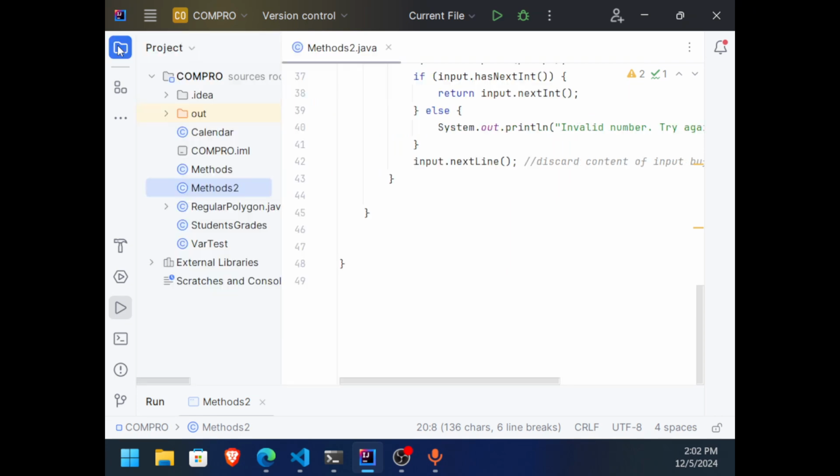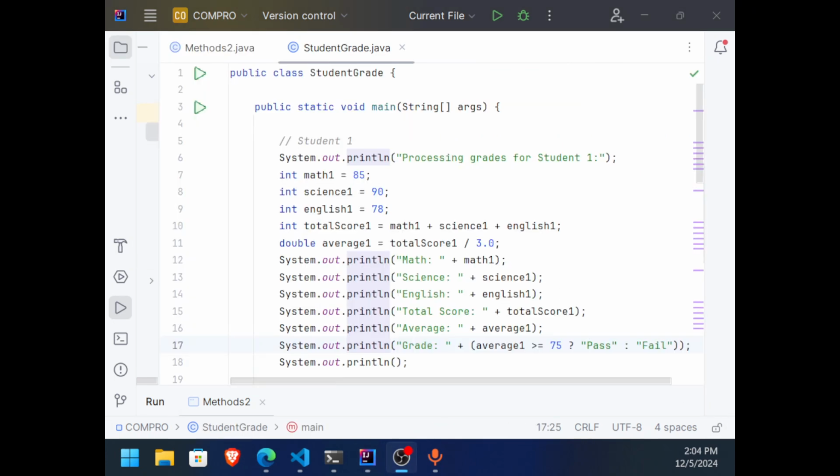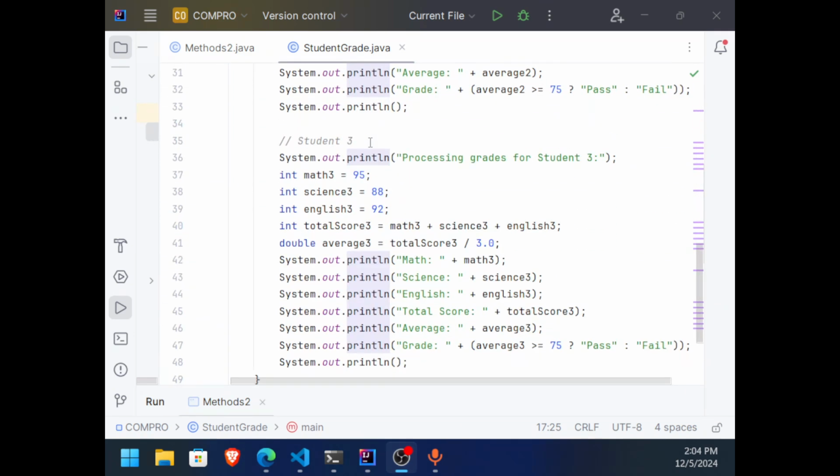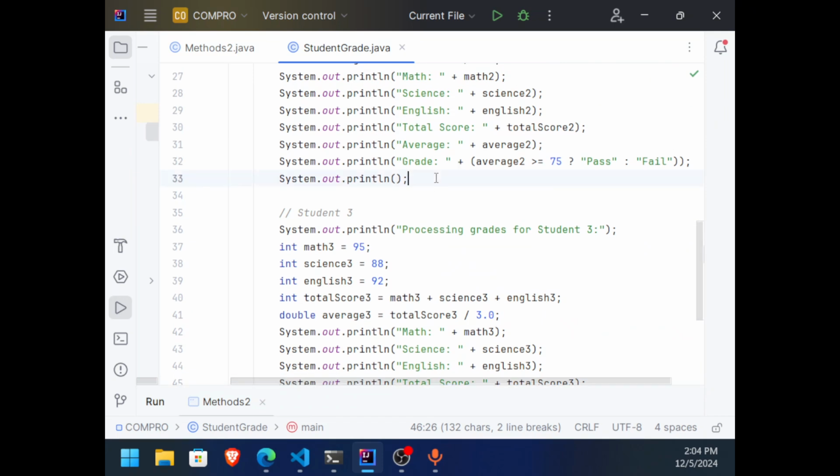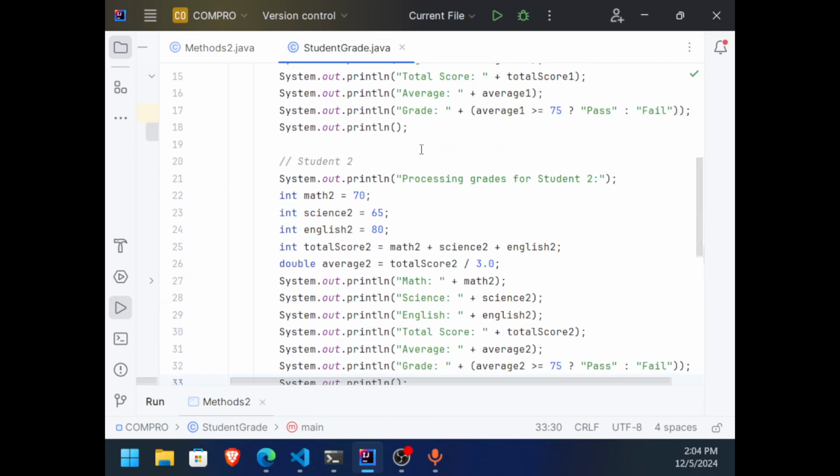For example, I have here a long code. We put everything in one method, the long code. And as you can see, all the processes that we are doing here, the operations, the statements are basically repetitive. They are repeated.